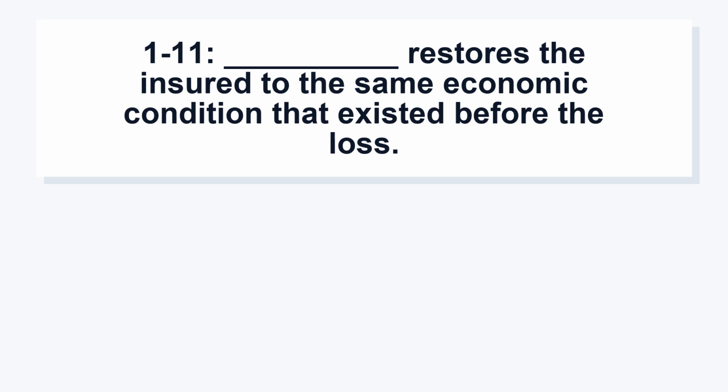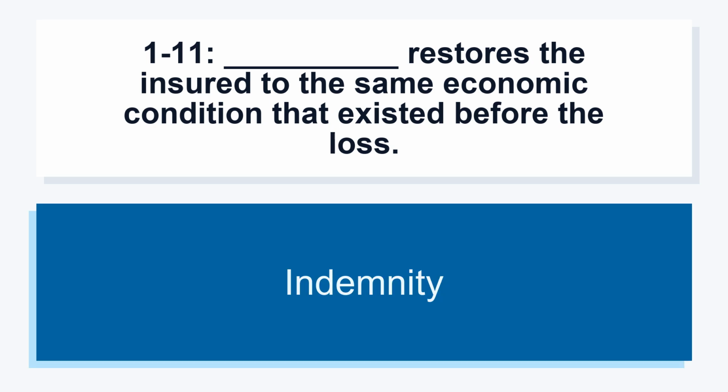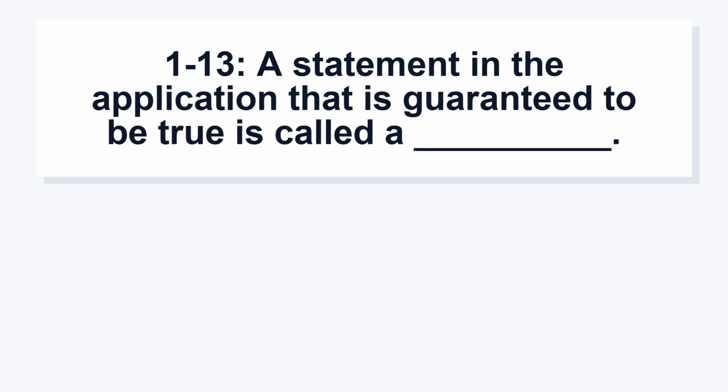1 to 11, restores the insured to the same economic condition that existed before the loss. Indemnity. 1 to 13, a statement in the application that is guaranteed to be true is called a